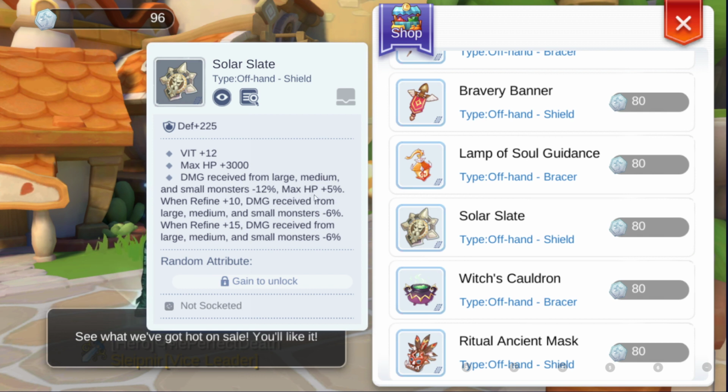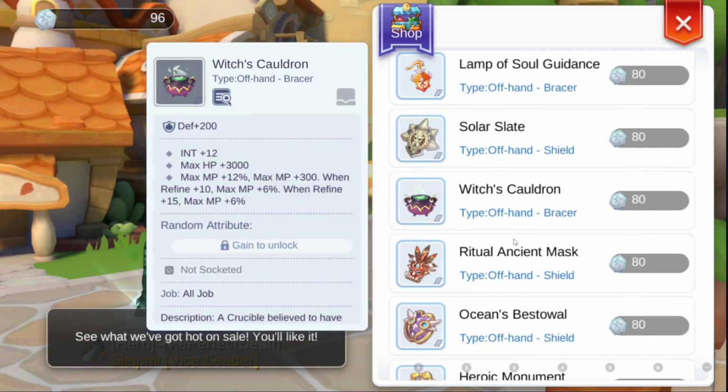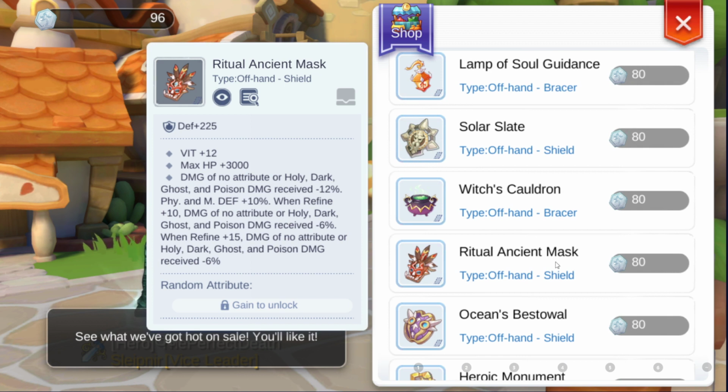The 5% max HP and the vitality, kind of nice. You can roll more size damage reduction. You can roll defense percent damage reduction, just a flat damage reduction, max HP, magic defense, and magic damage reduction. So some of those values are consistent to what you'll see with a lot, like defense percent. Pretty much everything has a defense percent roll, and most seem to have HP percent rolls as well. This one just has a special one, which is the size damage reduction, which is Cauldron, Bracer, Ancient Ritual Ancient